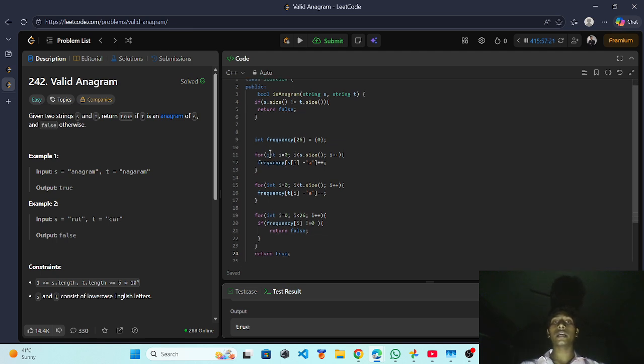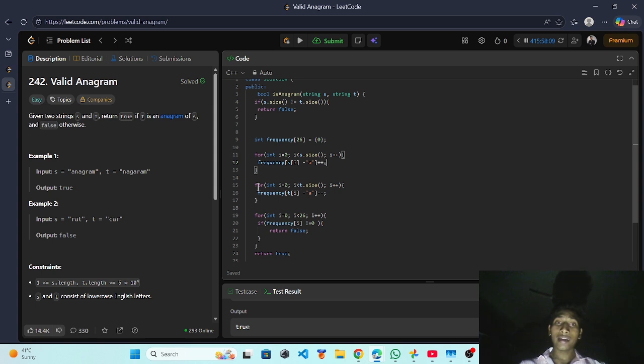After that we consider a frequency array of size 26, which currently has 0 in all boxes, and then we run a for loop over the S string with frequency[s[i] - 'a']; this line is to count the number of characters present in the S string, and when a character is present in the S string, the count will be increased, count plus plus.